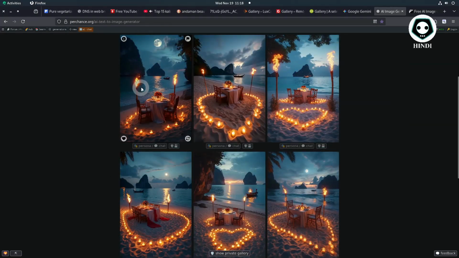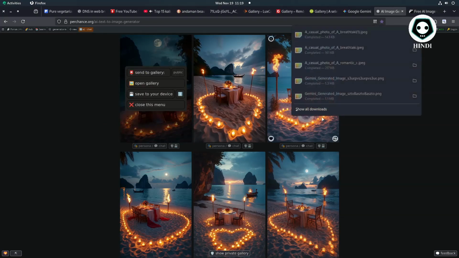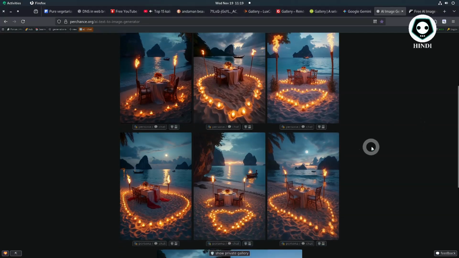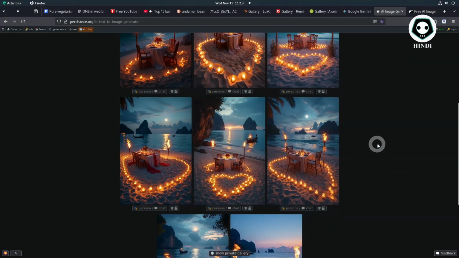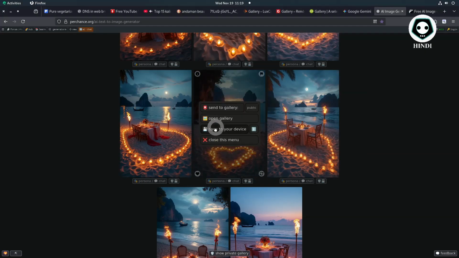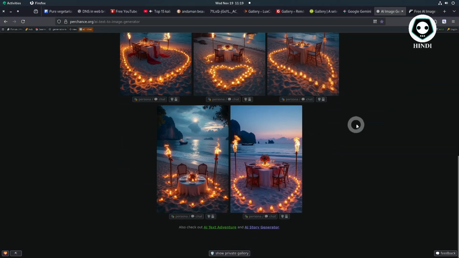This one is very good because the moon is a real moon, but the heart shape is not good. The candlelight of heart shape is not good. So the images are good. So here you can see the heart shape is good. This is the time of sunset, or you can say last evening time.